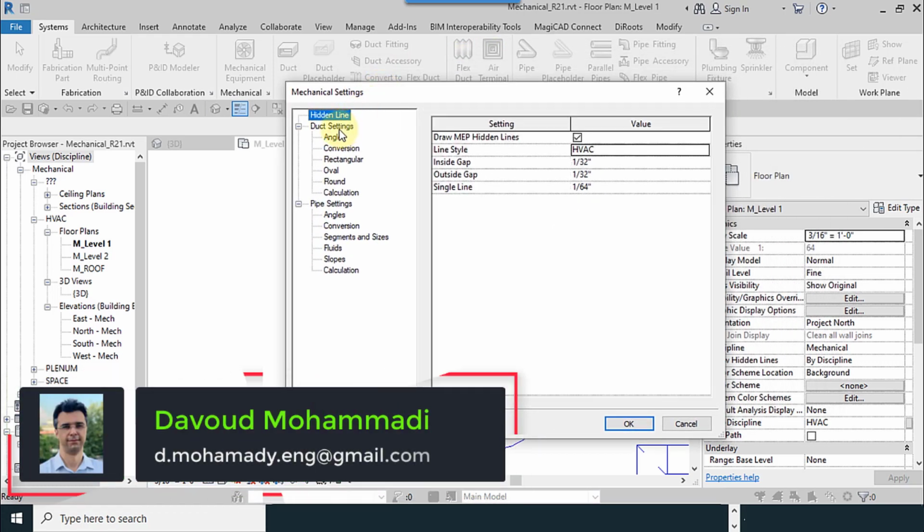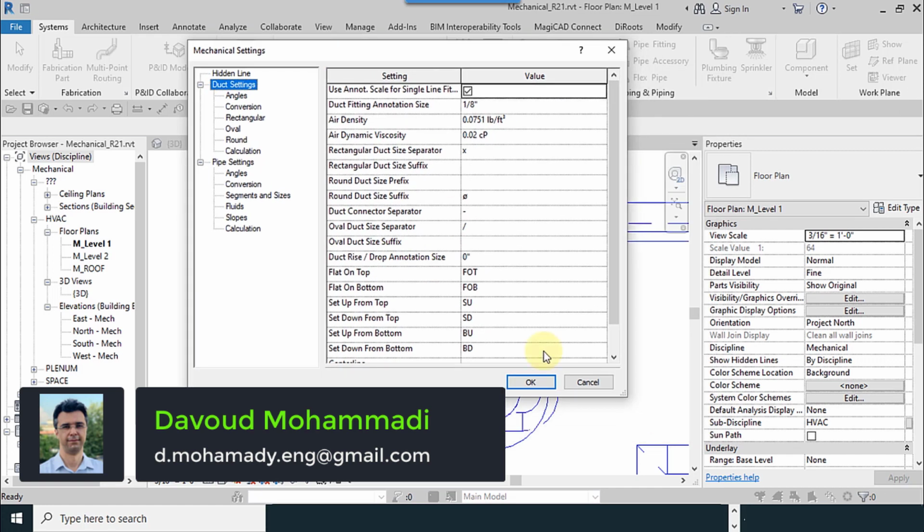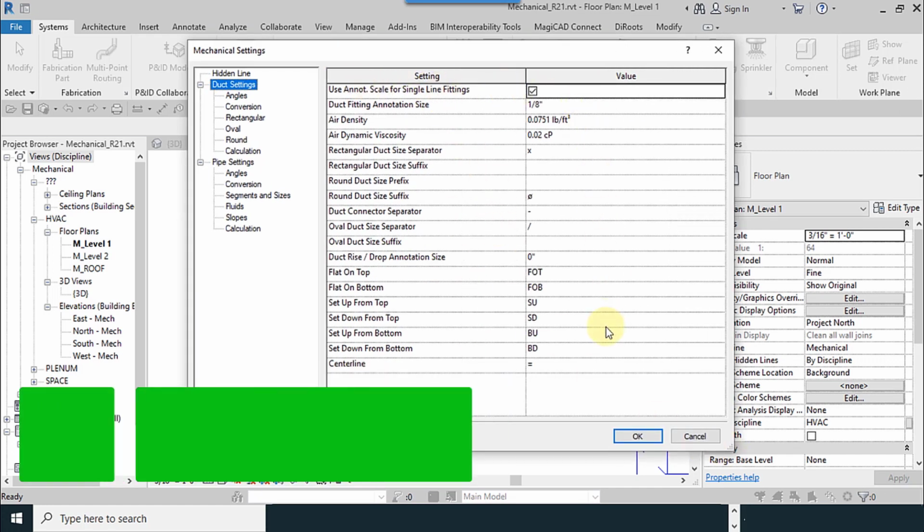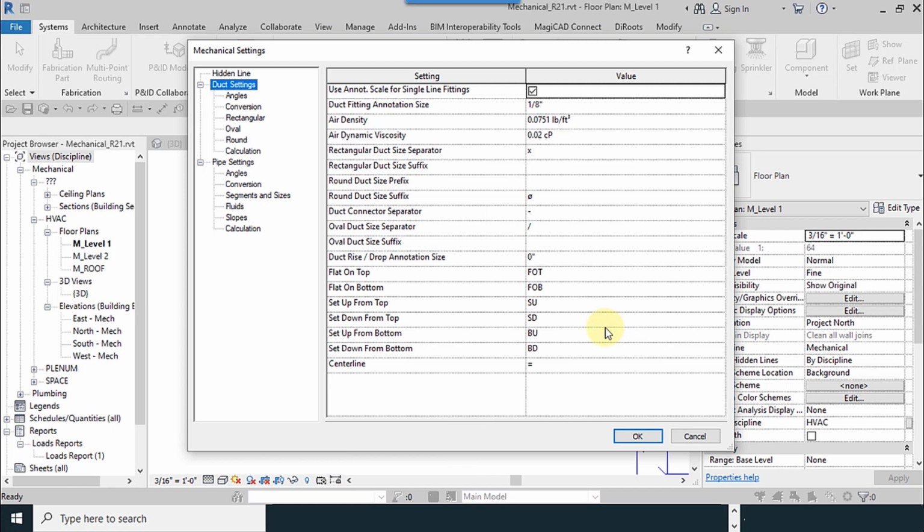Our next option is dock settings. There's lots of tools here. I will explain them all. Use annotation scale for single line fittings. What is the application of this? If you activate this checkbox,